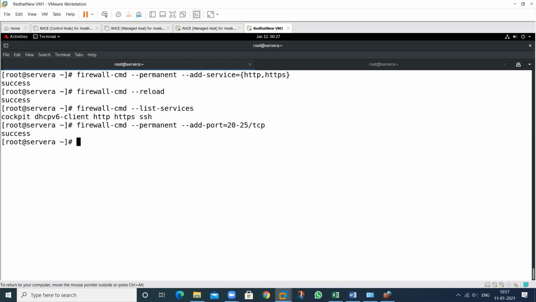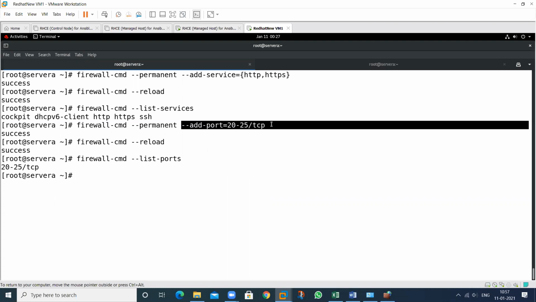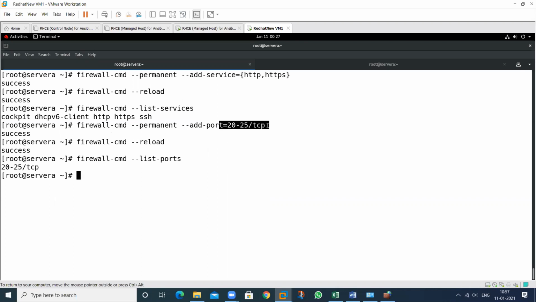See this one, reload this, then check all the ports. See, all the ports are allowed. Because in a company environment, a lot of ports are allowed in a series. So if you want to add all the ports in a series, you can add them like this.